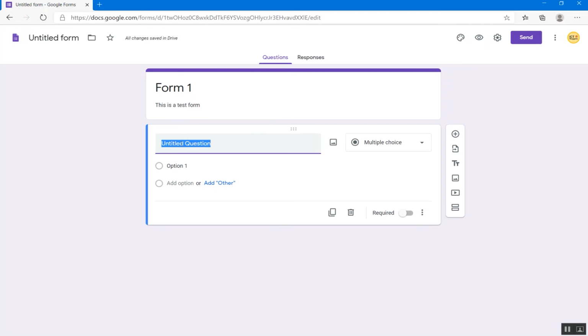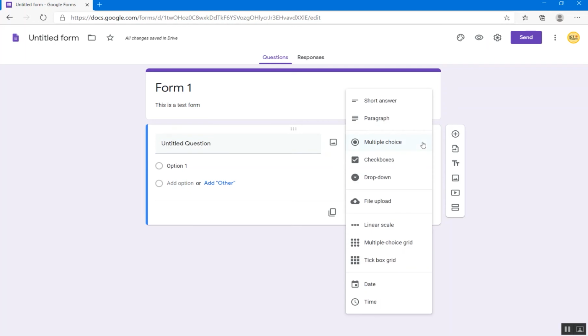Over here I can have my first question, and on the right side I can select what type of information I am expecting in this question. If I click on this arrow, I have number of options. We can have short answer, we can have paragraph. If we are expecting a more text, we will select this option.